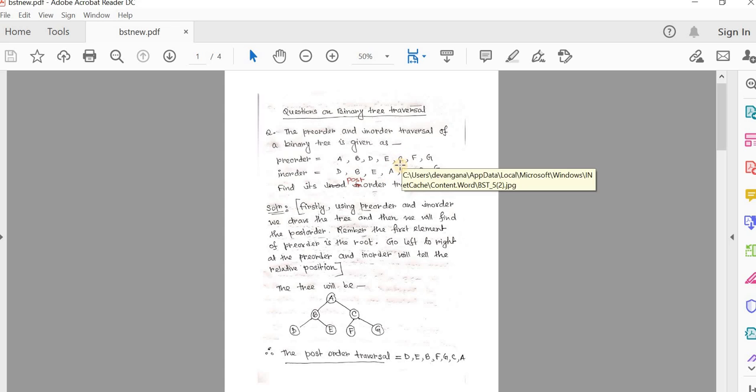Next, the key is C. C2 is on the right, so C is on the right side of A. So C2 should be on the right side. We have to draw the C node on the right side of A. Then we get F. F is in the left of